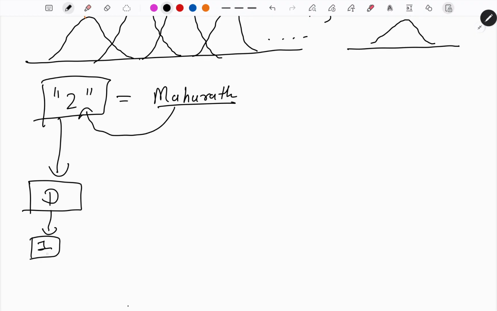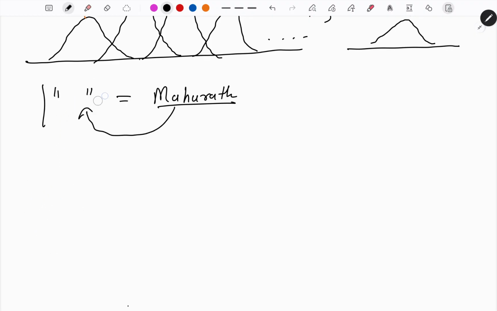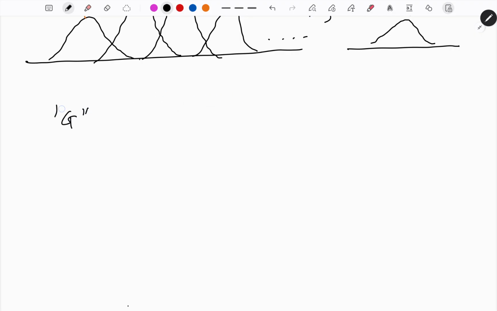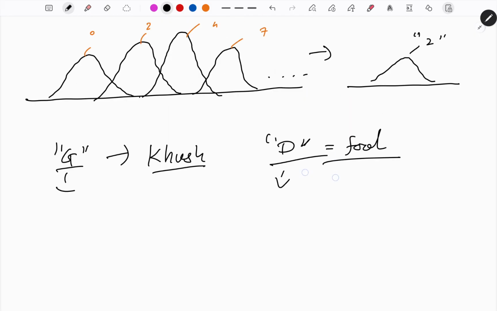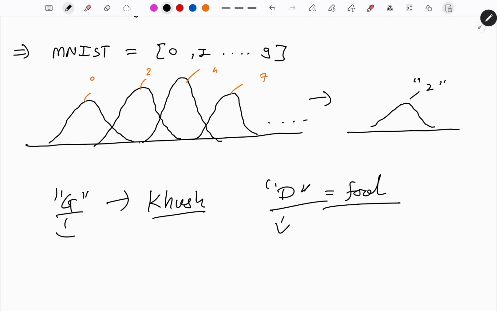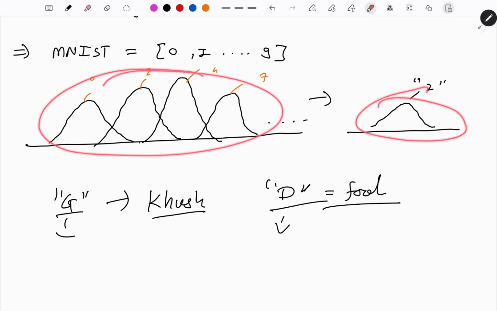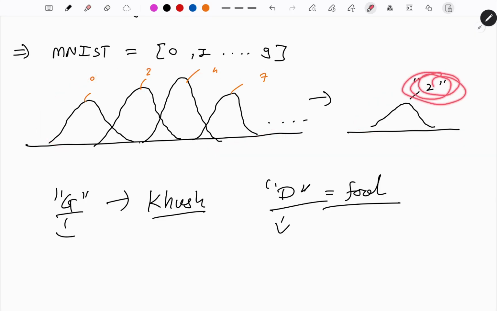जब ये 2 इसको दिया, जनरेटर का जनरेट हुआ, डिस्क्रिमिनेटर से it is 1, means the discriminator becomes fooled. तो डिस्क्रिमिनेटर तो फूल बन गया। अब ये जनरेटर खुश हो गया। Why is it happy? Because discriminator got fooled, डिस्क्रिमिनेटर को इसने फूल बना दिया। डिस्क्रिमिनेटर को फूल बना दिया मीन्स डिस्क्रिमिनेटर का लॉस तो बढ़ जाएगा, but जनरेटर का लॉस तो वो खुश हो गया। So what happens is, instead of learning this entire all 4 modes, our generator only learns this particular mode, और जनरेटर सिर्फ 2 ही डिजिट जनरेट करेगा हर बार।